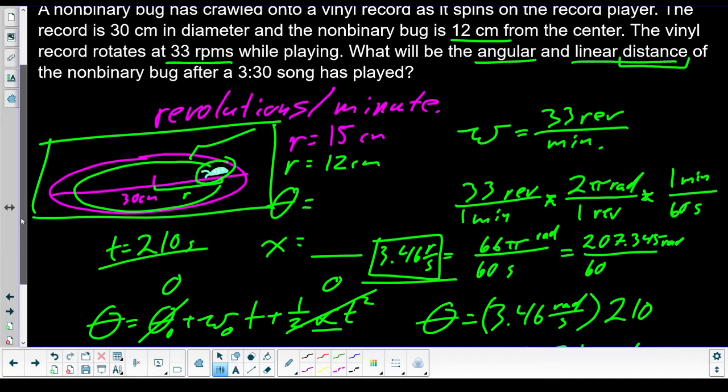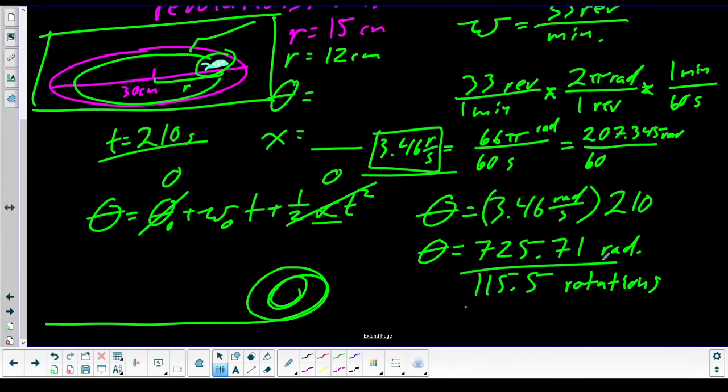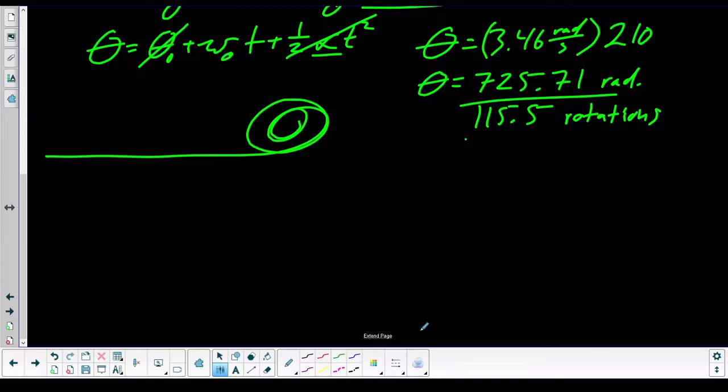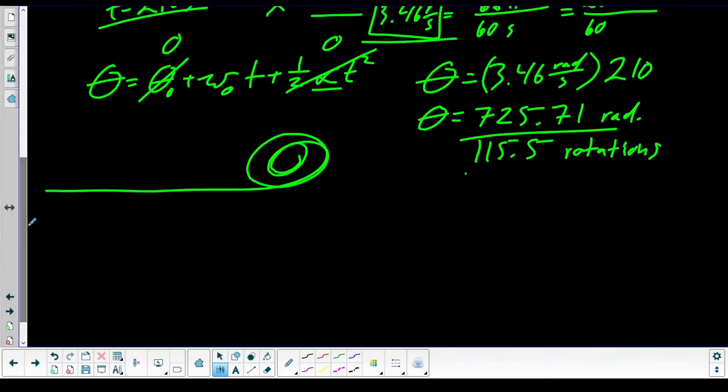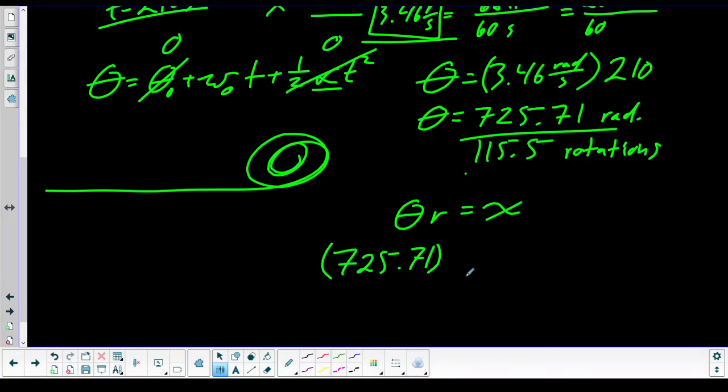We are going to just multiply our angular distance by our radius. So this is why you want it in radians per whatever. In radians, period. Because for one reason or another, radians is the only unit that really works here. So if we plug in, theta times r equals our linear displacement. So we have 725.71 radians times our radius of 0.12 meters equals, grab our calculator,